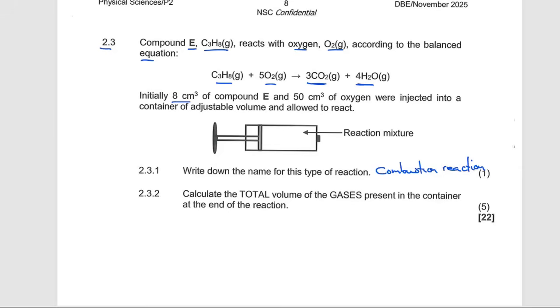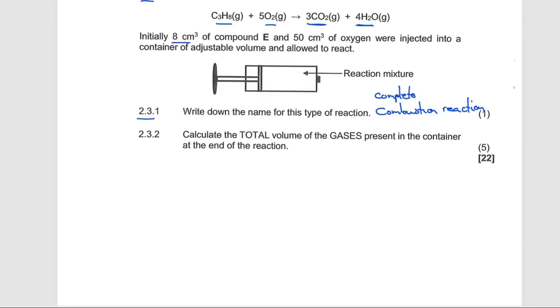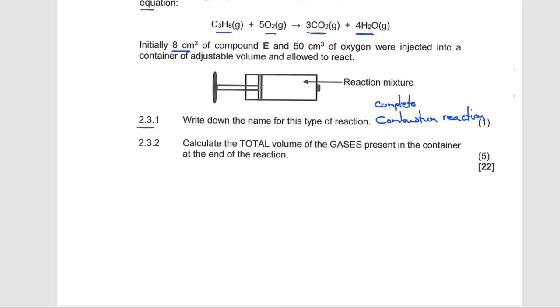Then moving on to 2.3, I can just put complete combustion there. So now 2.3.2 is there. It says calculate the total volume of the gases present in the container at the end of this reaction. So in terms of this, what I'm going to start with is the ratio between